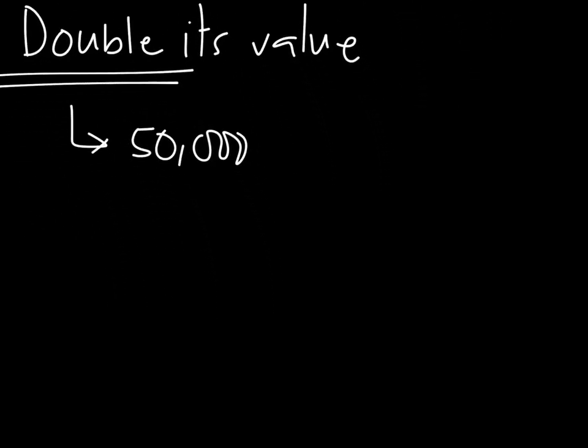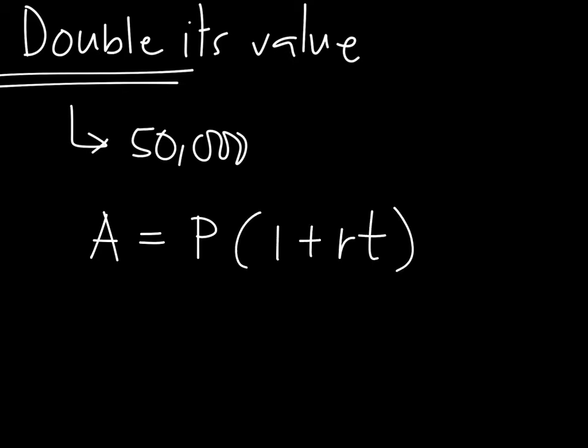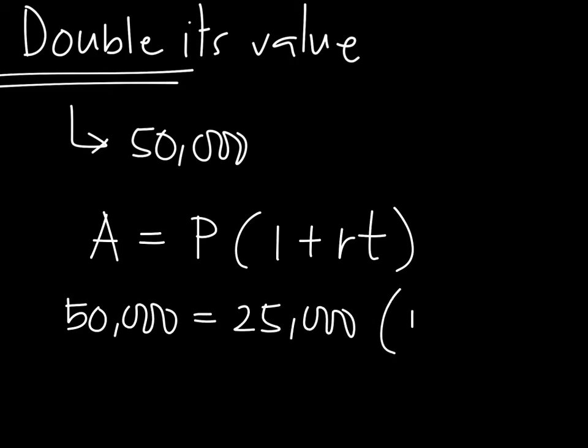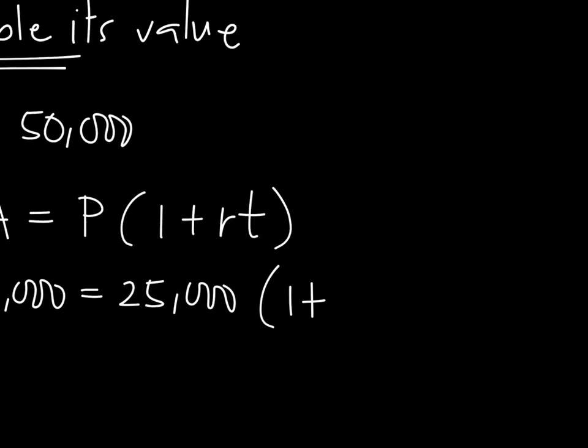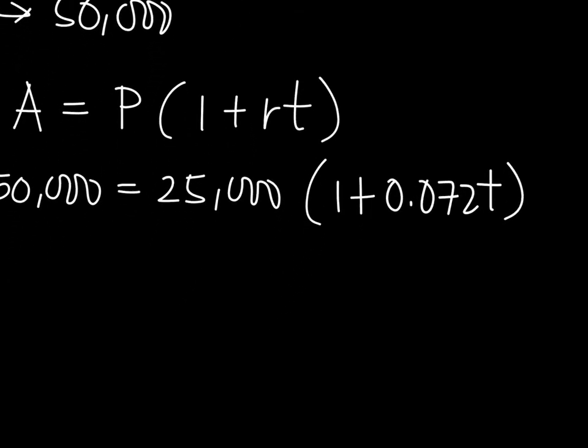Applying the future value formula, A equals P times (1 plus RT). That will be 50,000 equals 25,000 times (1 plus 0.072 times the time). Dividing both sides by 25,000,